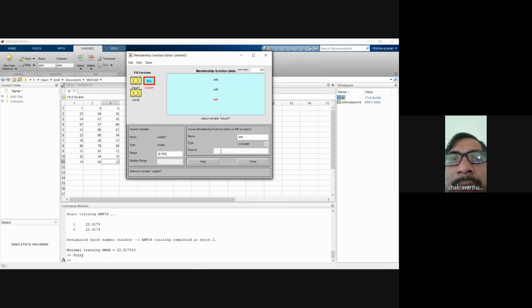See here, previously what we are going to do is select, actually in the Sugeno approach, it will automatically generate the number of outputs as well. Then give some ranges like 0 to 30, 30 to 60, 60 to 100. Input 2, input 1, input 3.